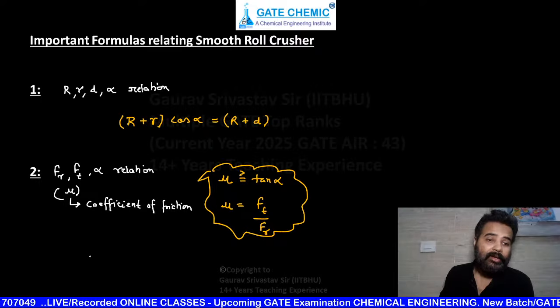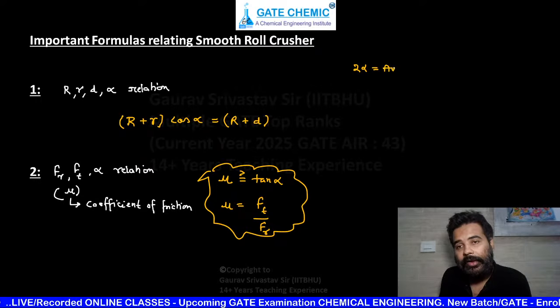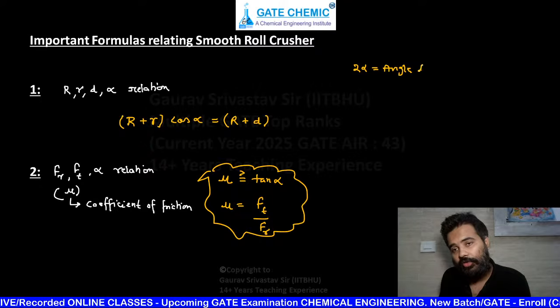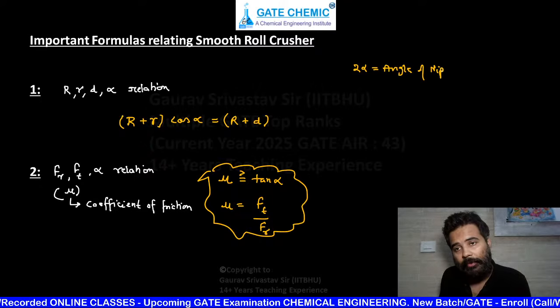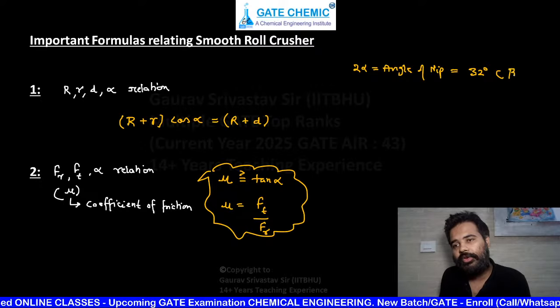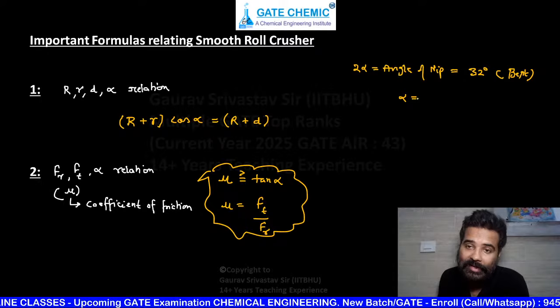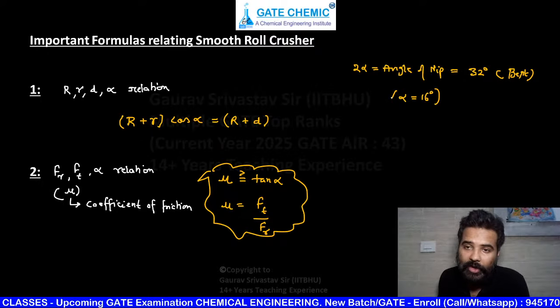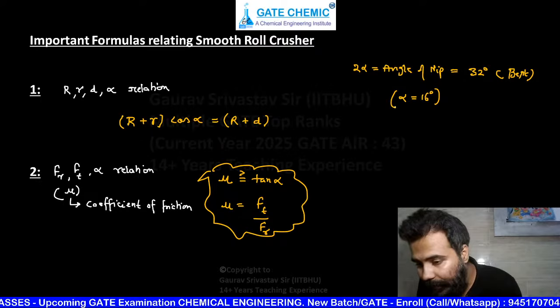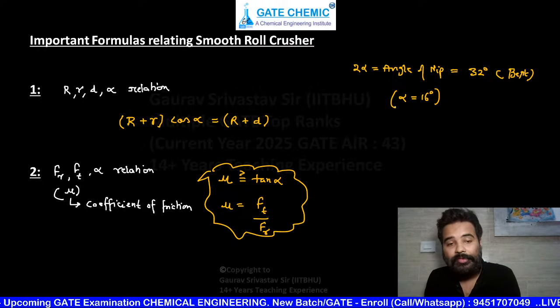Okay, and here the angle of nip, 2 alpha, is what? Angle of nip, its best value, if not given in your problem, beta, then the best value that you are going to use is 32 degree. This is, you can say, the best value if not given from your side. So alpha is 16 degree. If not given, you have to write alpha is 16 degree, beta. Okay, Ft is tangential force, beta. Fr is radial force.